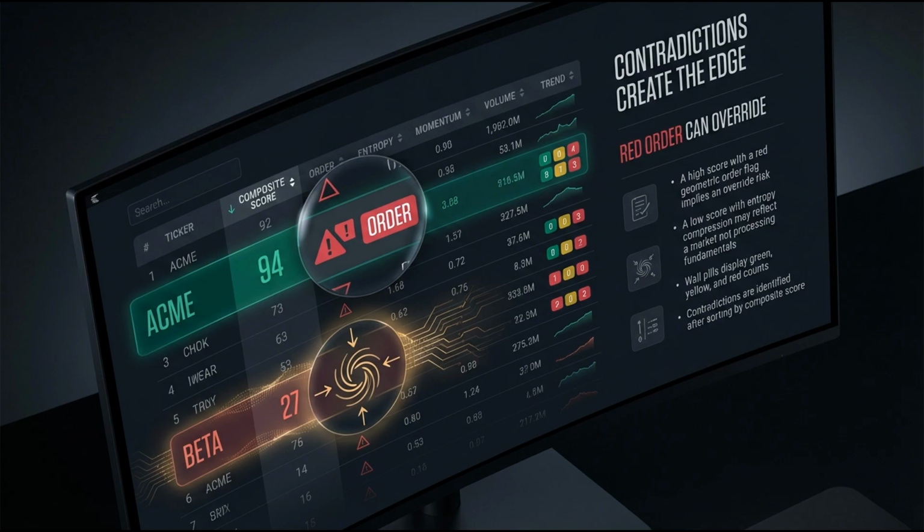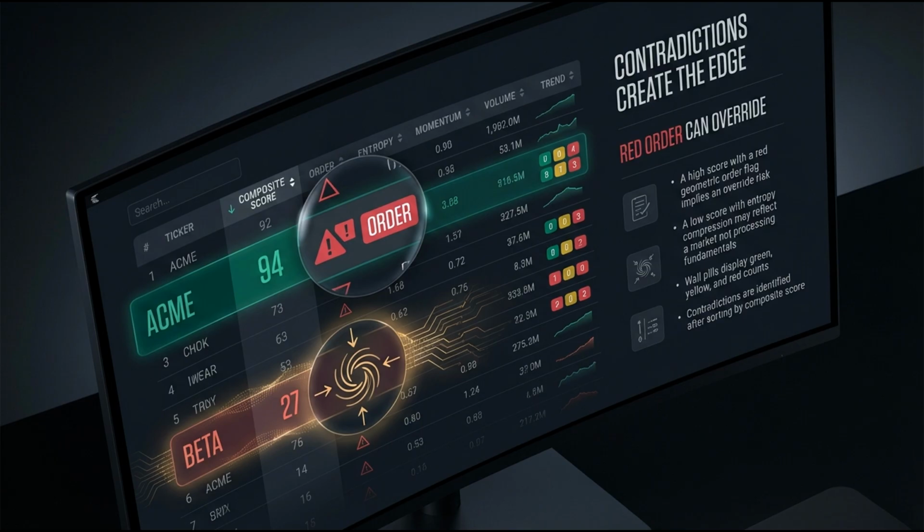You cannot argue with a red geometric flag. I have to push back on that. You're suggesting that the score and its visual representation provide complete protection. They do, if you follow them. But the dashboard's absolute brilliance is not in confirming what works. It is in revealing precisely when the market mechanism itself is broken.